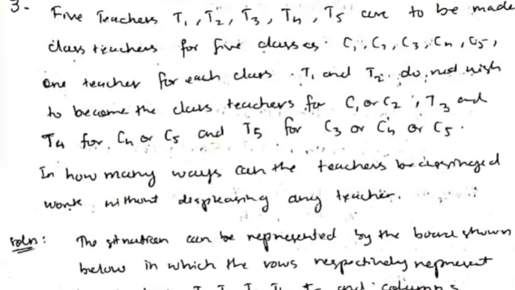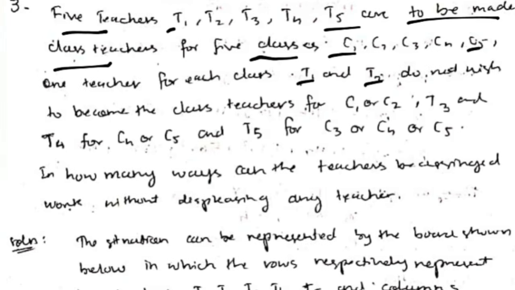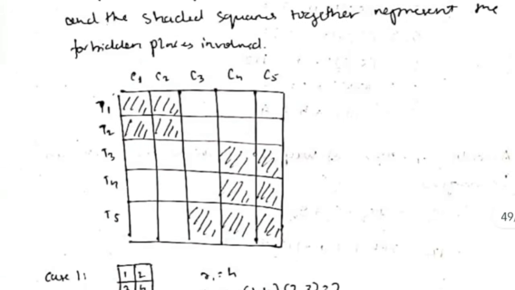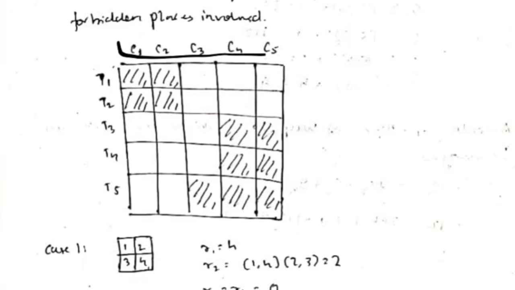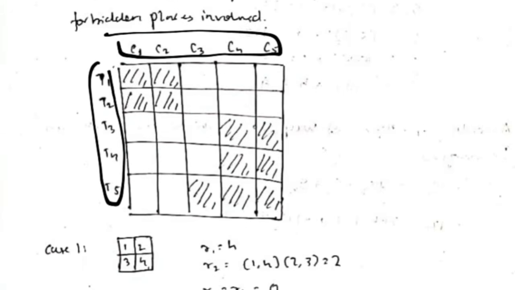In this question we have been given that 5 teachers T1 to T5 are to be made class teachers for the 5 classes C1 to C5. Okay, exceptions are given as T1 and T2 do not wish to become class teachers for C1 or C2, and similar exceptions are given. So what we will do is first we will make the rows and columns. See here, the classes will be taken as columns and the teachers will be taken as rows, and the